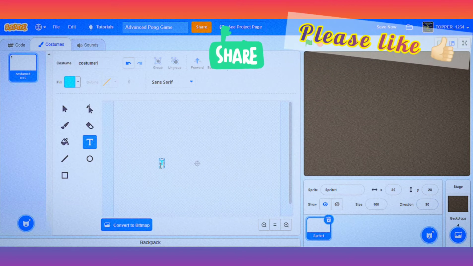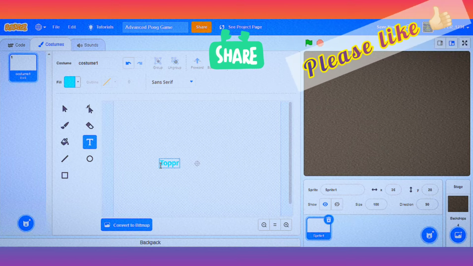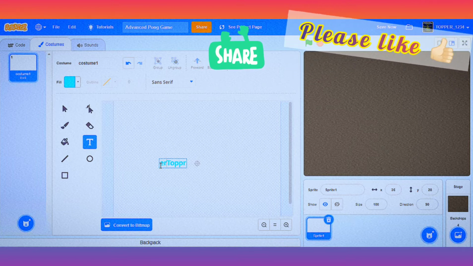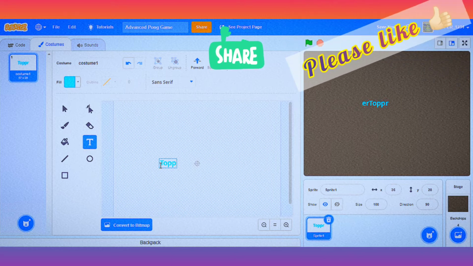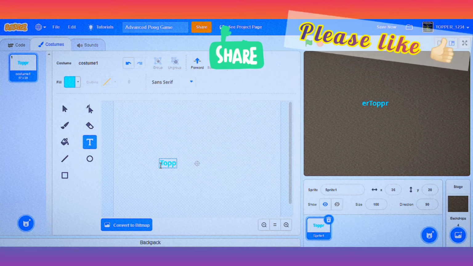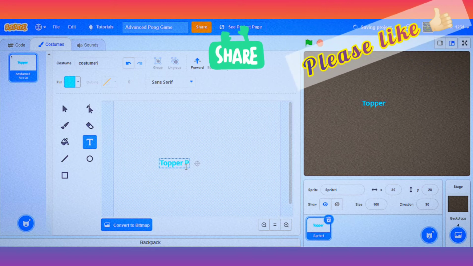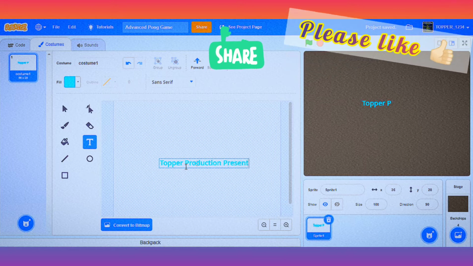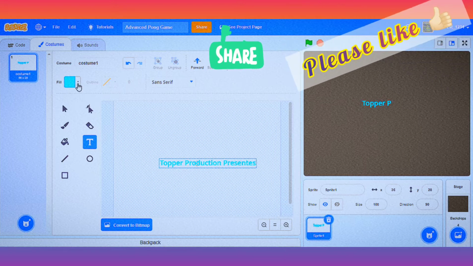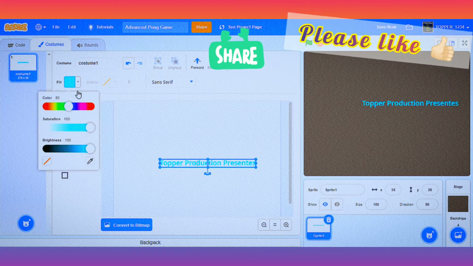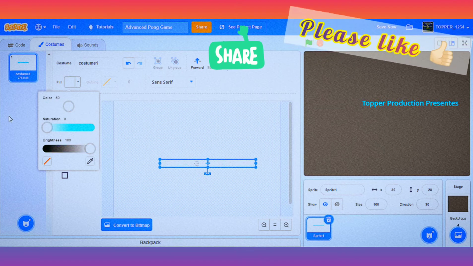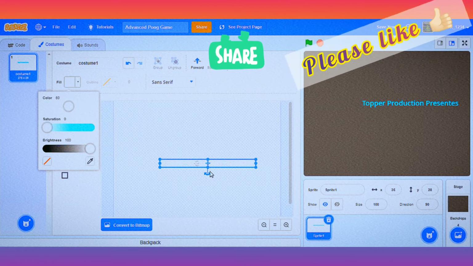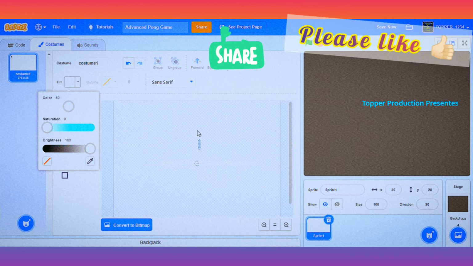Here I'll write Topper Production Presents. Now I'll switch the color to white and place it in the center.